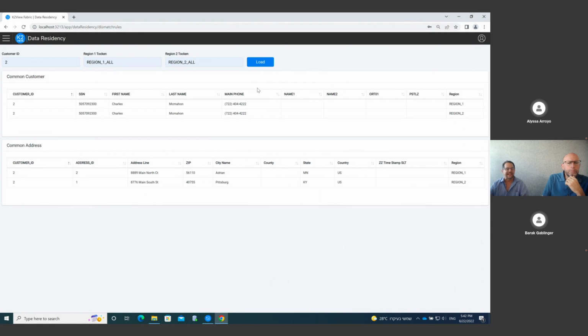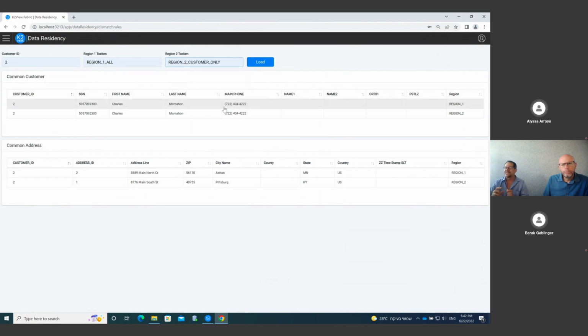And now I'm loading it, and you can see how quickly it came in. So now if you look at the right side, you can see that each region has its own information, the same for the customer information and the same for the address information. Okay, so now I'm going to simulate the case where I, as a user, can see only customer information.